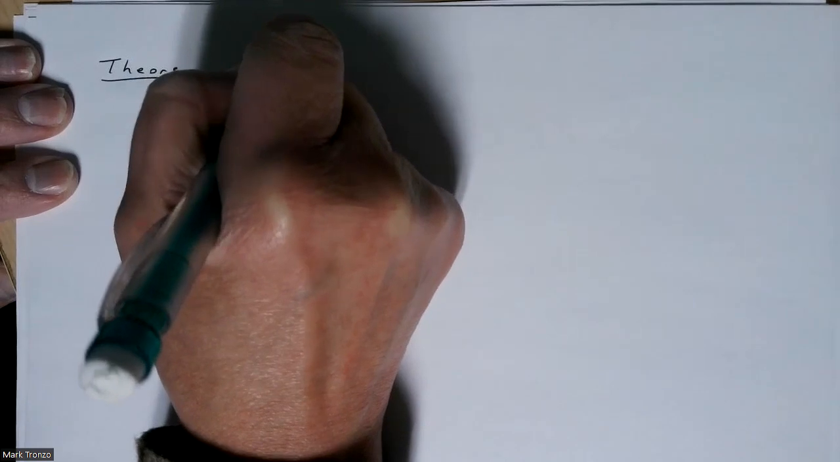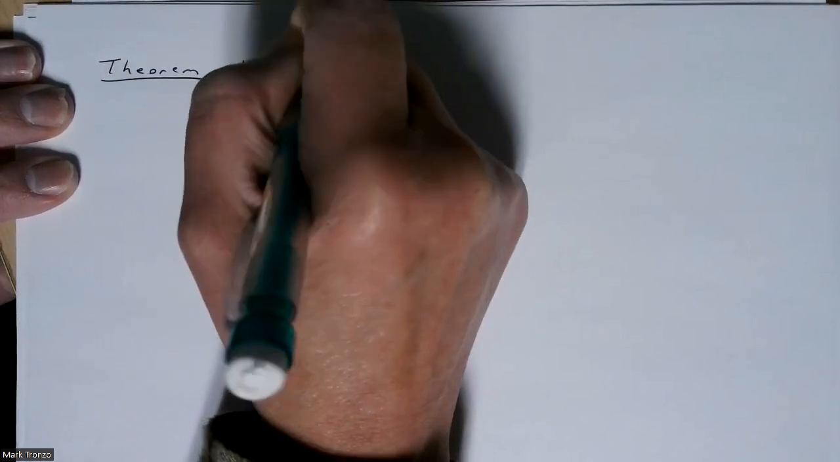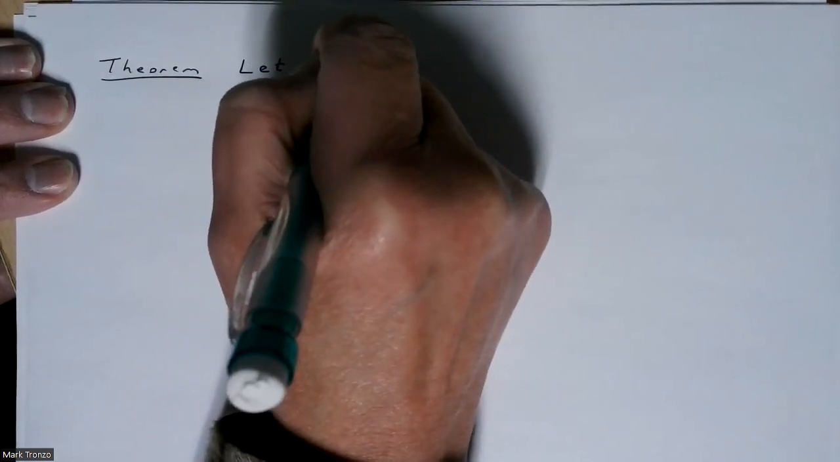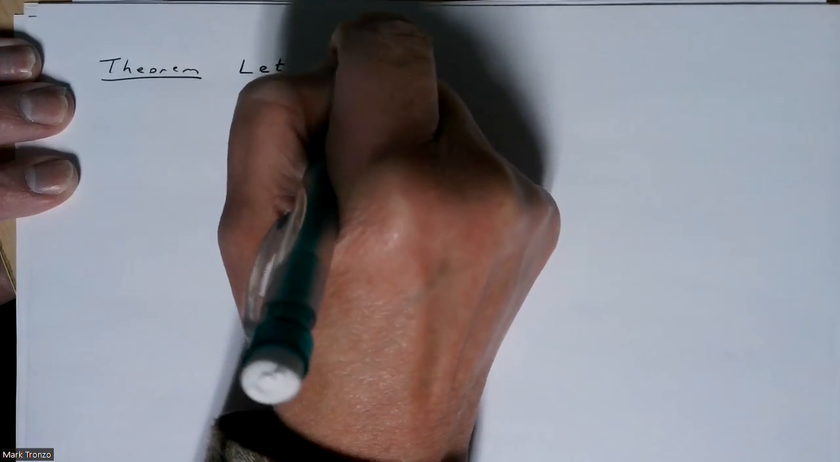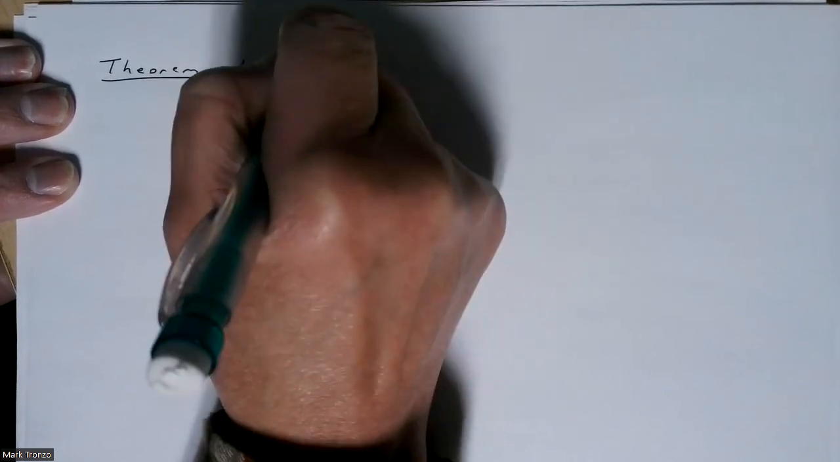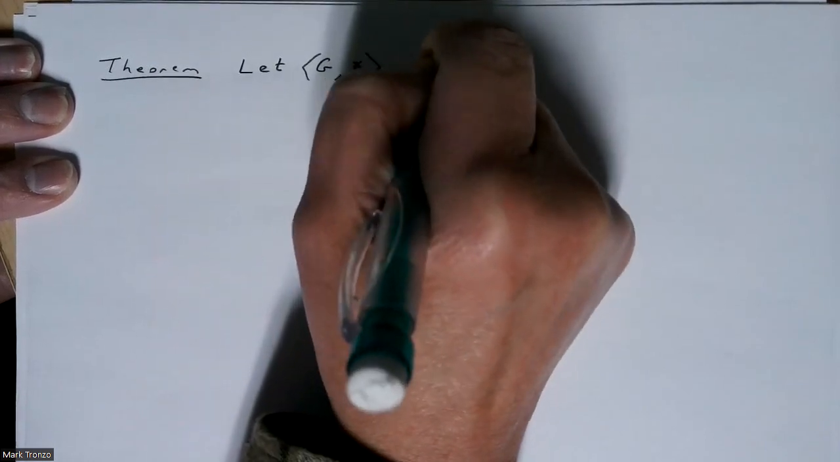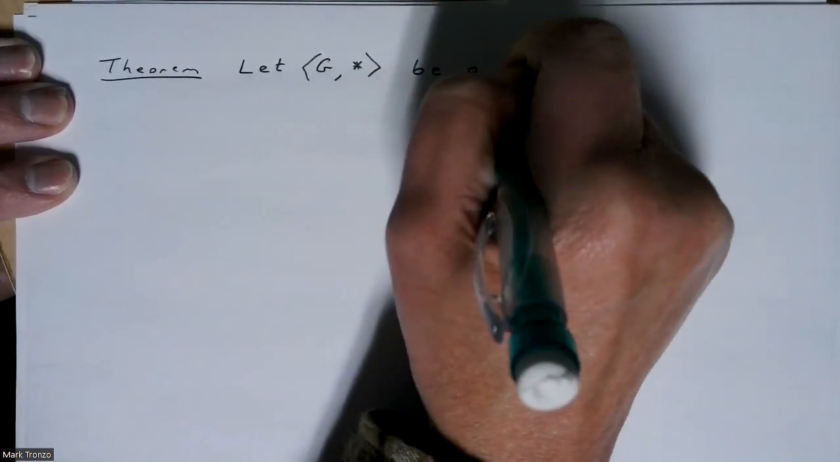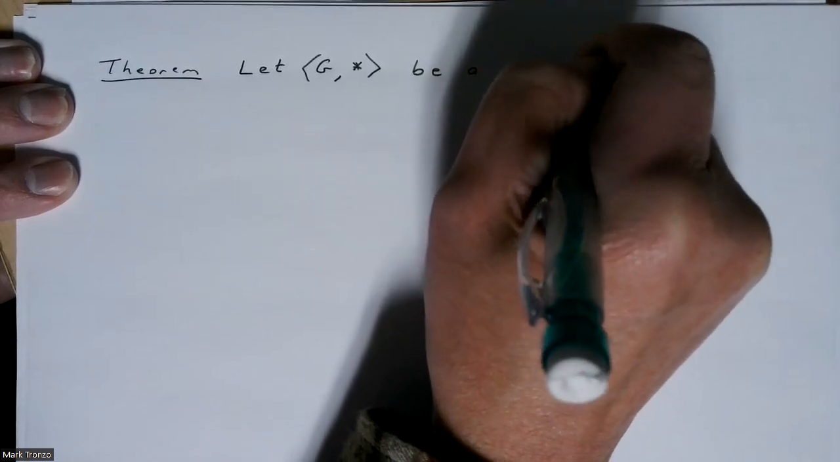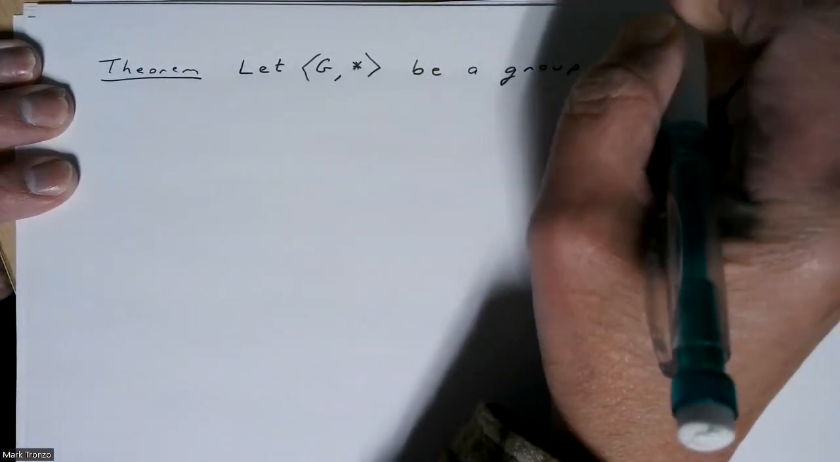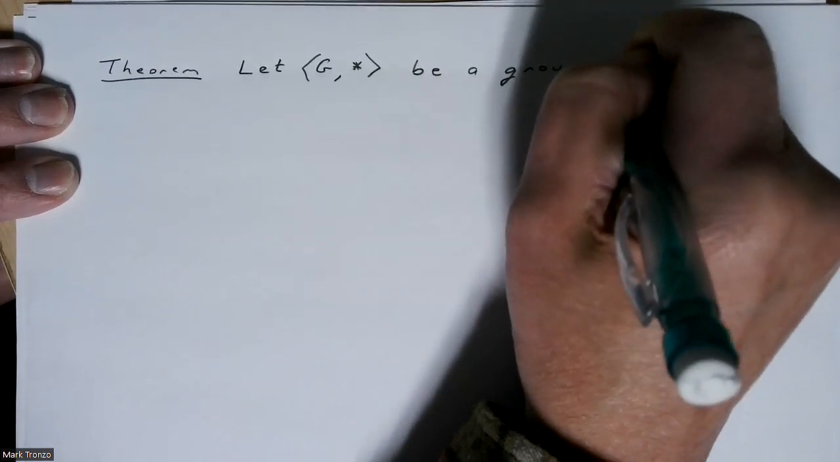Now we're going to take a look at some theorems involving groups. And so let's start with this theorem. Let G, with some binary operation, be a group. Then